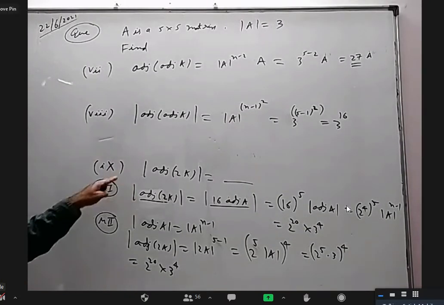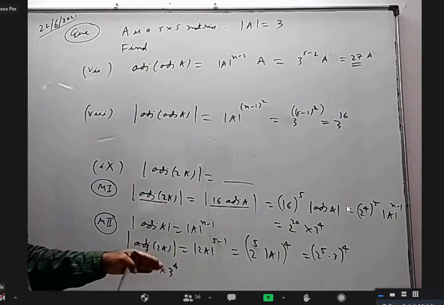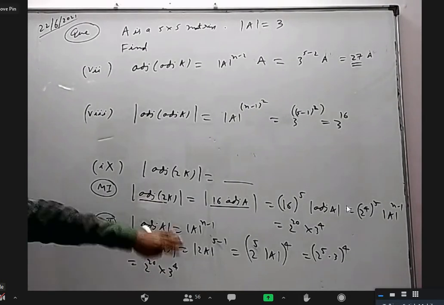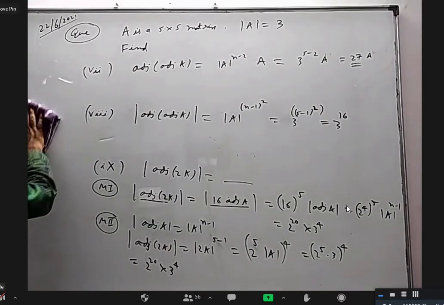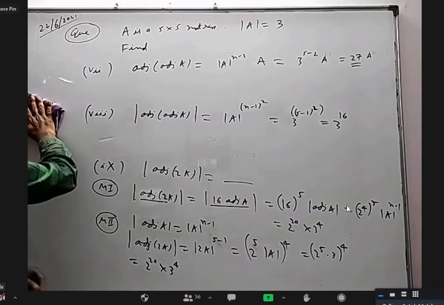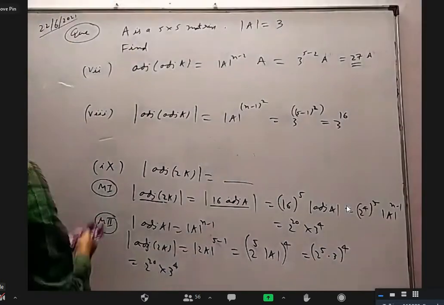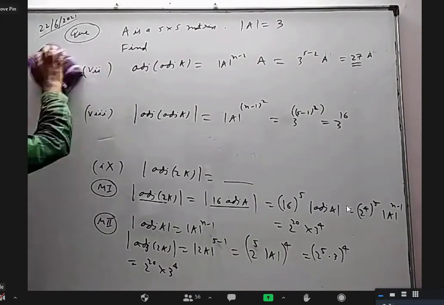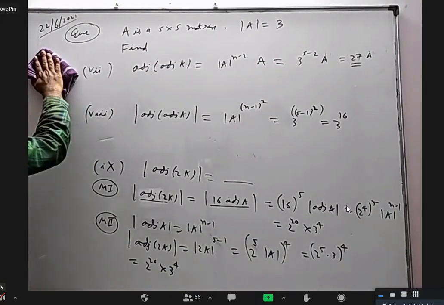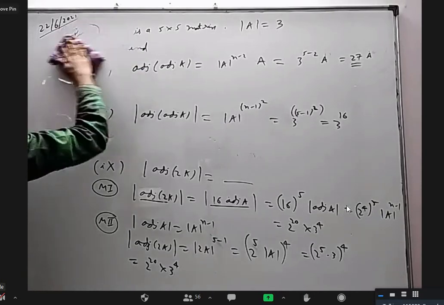Those who completed the 9th by one of the methods, I request you to write the other method also, because at least you know it can be done like this. Some questions later on, so both the methods are done. Okay, that's good. I think the 7th I can erase, right? Yes, sir.